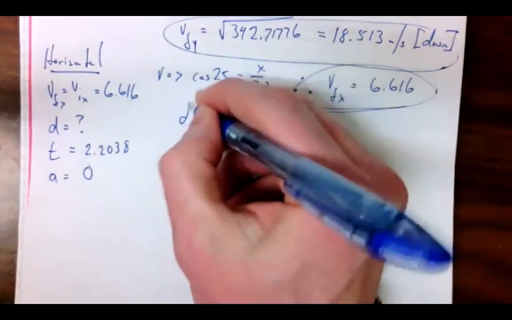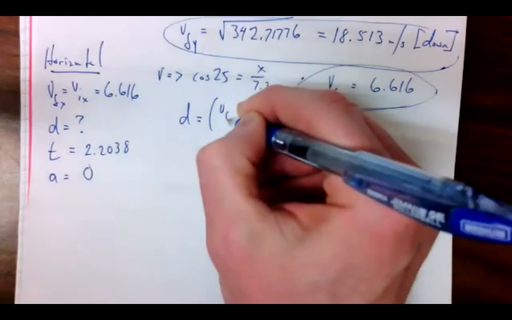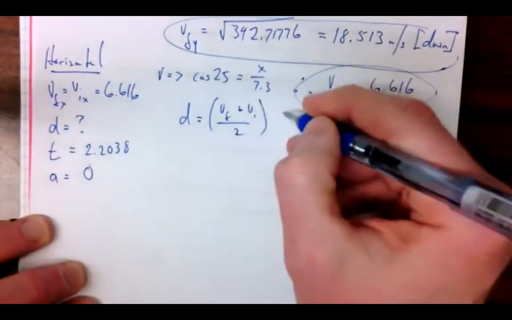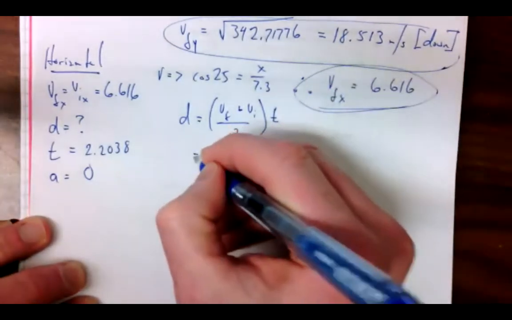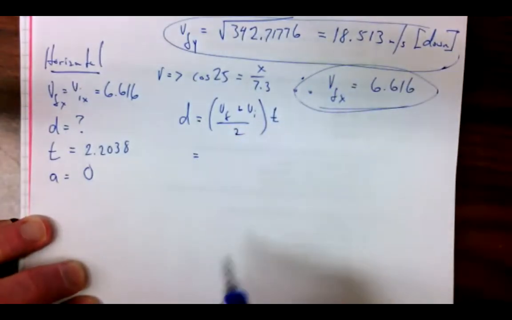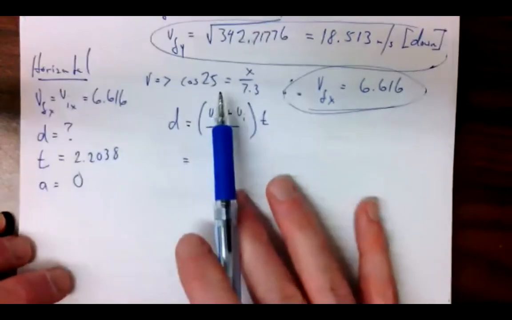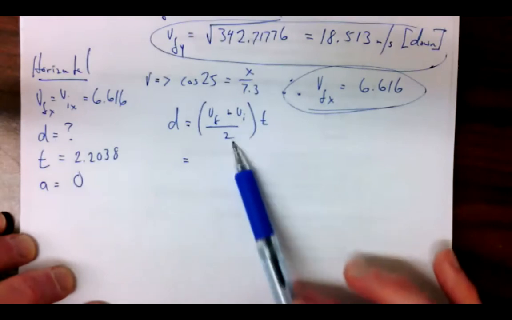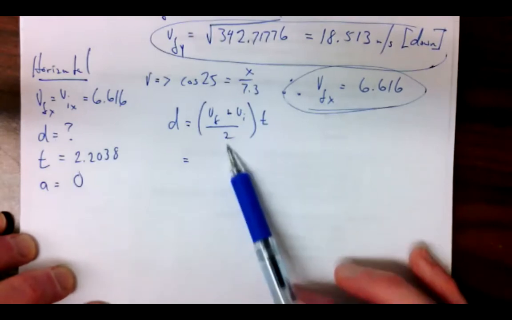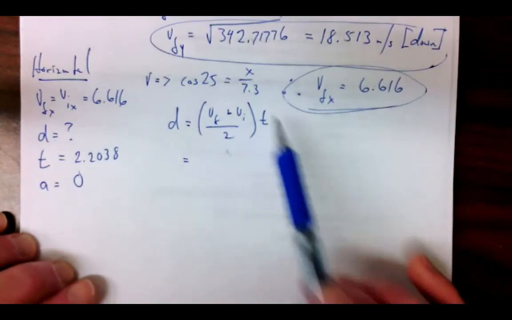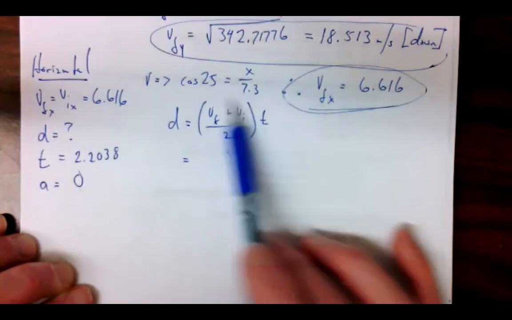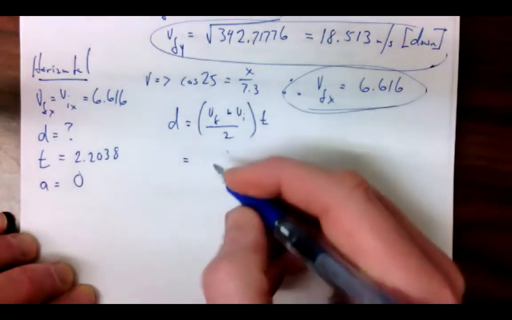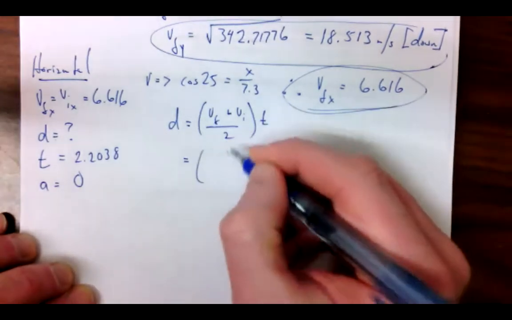We've got more than enough stuff now to figure out displacement. I'm going to use this one. D equals VF plus VI over 2 times time. Oh, wait a minute. See, this is what I was saying before. All we need to do is multiply this by the time. I'm doing it the long way. I'm going to keep doing it this way because I started doing it this way just to show you. Like the first example question we did, I skipped this because we didn't need to, but now I'm just in routine. Final velocity